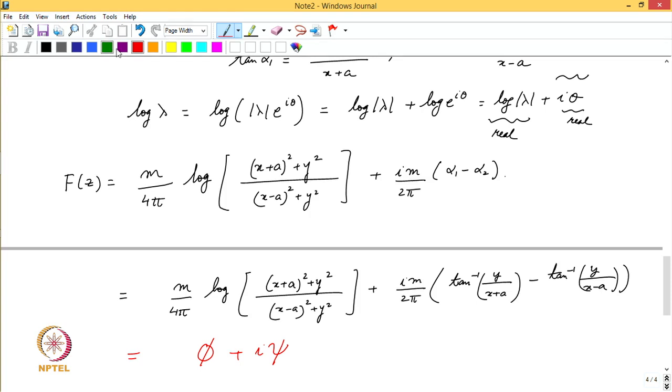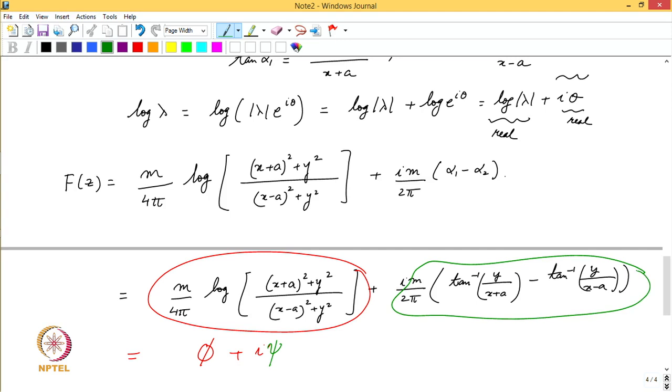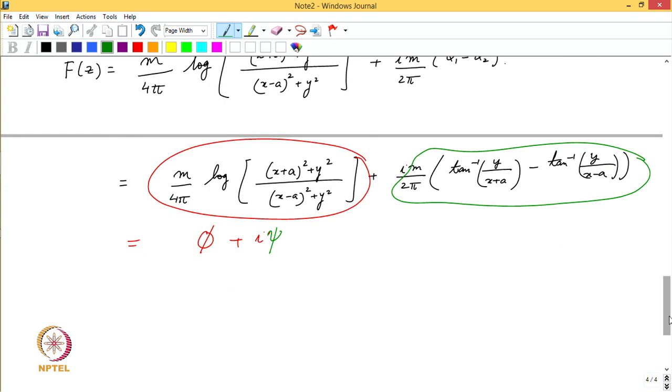So, clearly, maybe if I can use a different color just for convenience here to show you by color scheme, clearly the value of phi should be this value, this is phi, and psi is whatever we have here except the iota, isn't it? So, we now know that phi is